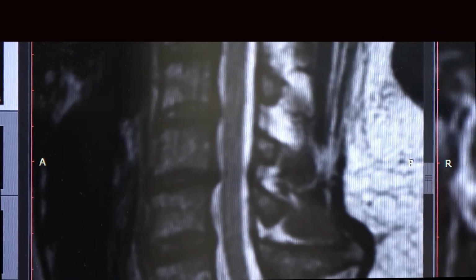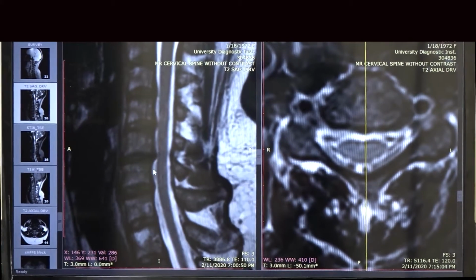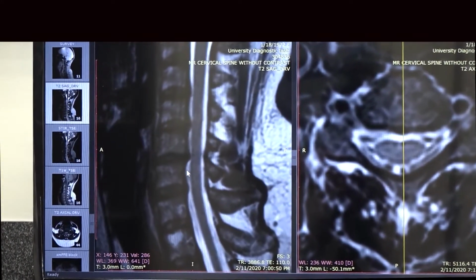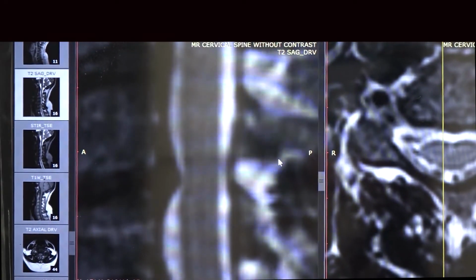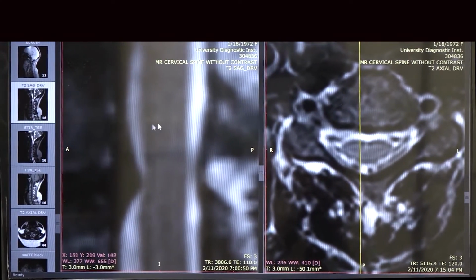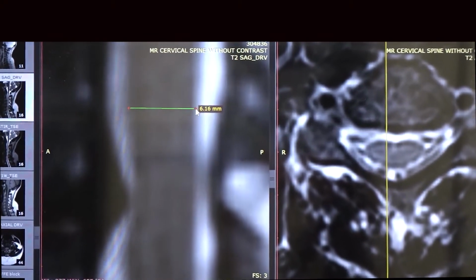The typical routine reading of a radiology of this MRI would reveal that this is probably a minor type of bulges instead of actual disc herniation. But when you really critically analyze this and magnify and look at the distances front to back that show whether there is a normal caliber to this spinal cord, typically what I do is I magnify it and I go to this tool I have here, which allows me to measure the distance front to back. And when I measure